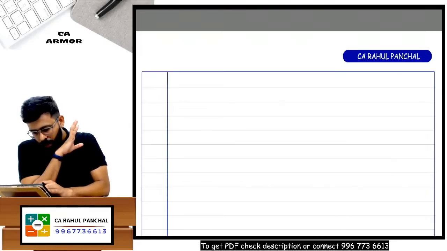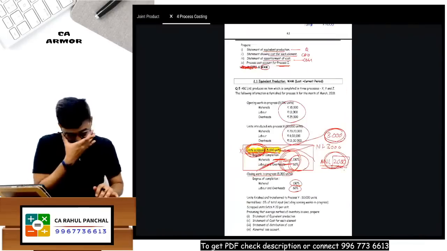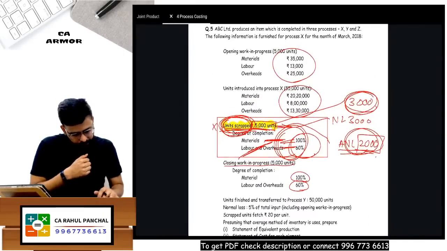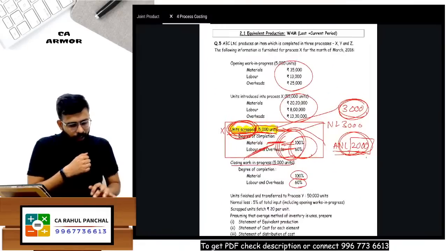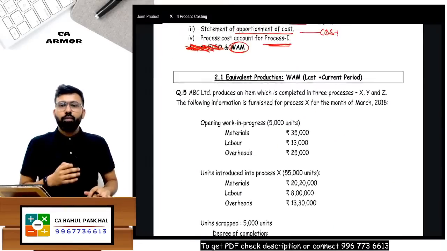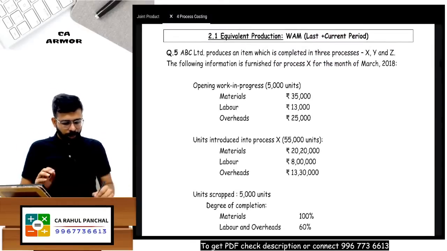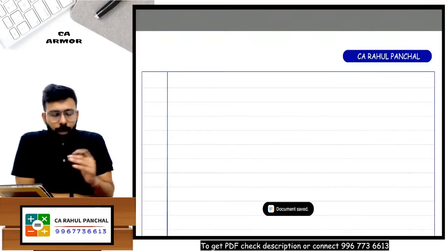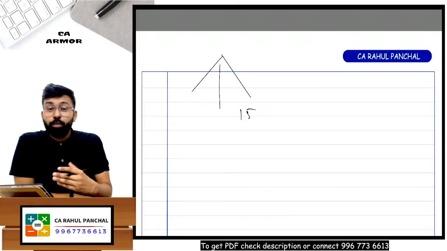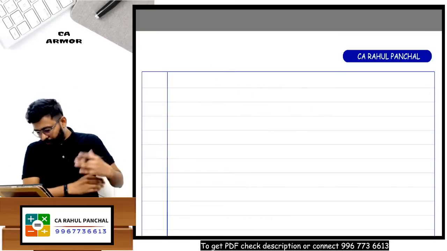So everybody, come to this question number 5 over here. Maybe 5 is very easy. Maybe a second, let me check. Yeah, everybody come to question number 5. As I tell you, just solve this with me and you will get the idea as to how the FIFO method works. Just solve with me one by one. Now, normally a process account has 3 parts. We did the third part where the account is made for 15 lines in process account. Otherwise, generally a process account is made for